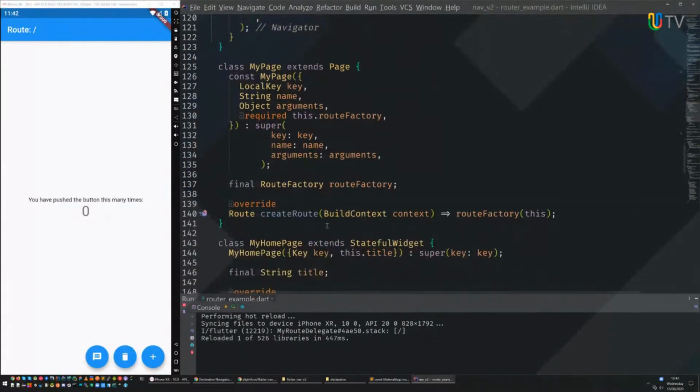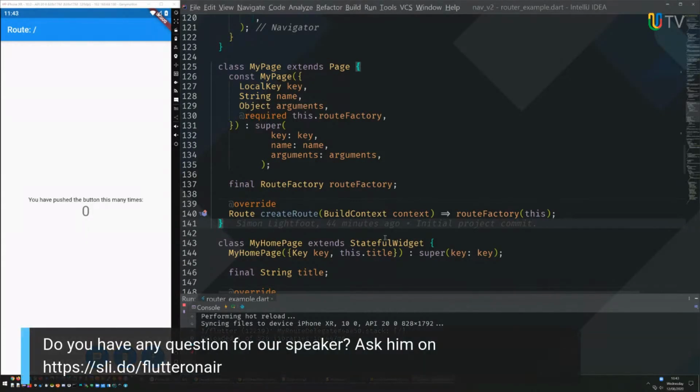And as you can see, here is an implementation of a page, which essentially just has a route factory. So there's not anything to this, right? It doesn't do anything with widgets or anything like that. However, obviously, as I said before, this is just very generic. We can actually have pages as our state. We could push a page with a hard-coded widget in there for whatever screen we want. There's lots of variations that we can do here.